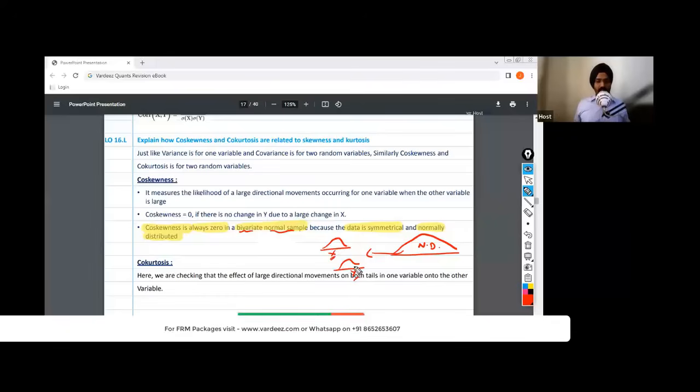they will also be normal. So if they are normal, as I told you, in a normal distribution, the skewness is 0. That's the standard property of a normal distribution. The skewness is 0. So if you pick up any data from the normal distribution, like over here and this